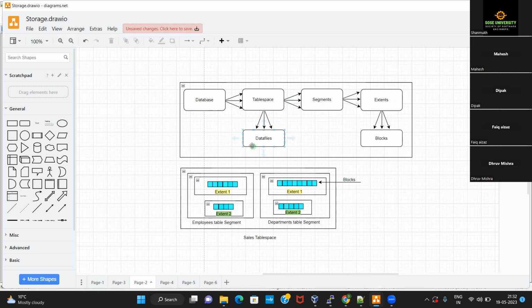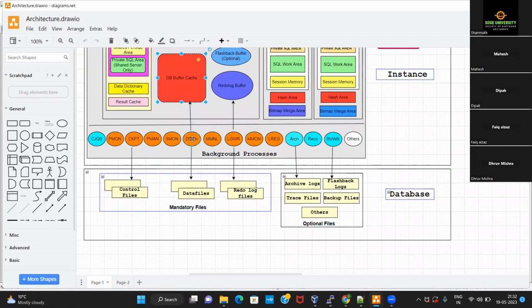If you fire some Linux commands like ls -lrt, you'll be able to list out all those files. So the database writer process writes all that data into the data files, and these data files are the final location of storing your data into the database. Clear with that? Do you understand what exactly is a data file now? What is the difference between buffer cache, database writer, and data files?